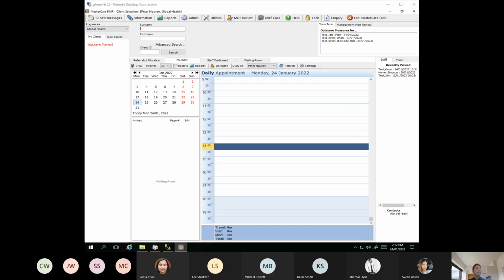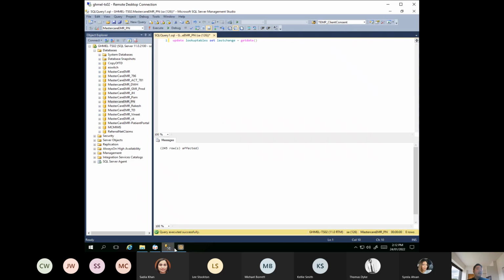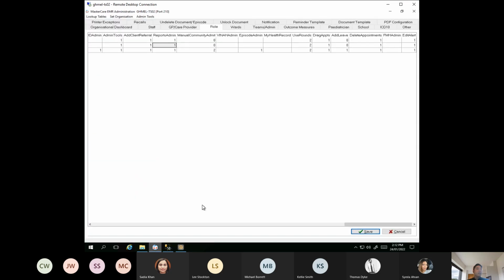So in session 1, I did talk about demographics. I did mention that there is a new role setting called Edit Alert, and you should be able to locate it under Admin Module, Admin Client Module, Role tab, and at the very end you should see Edit Alert. This one carries 2 values. 1 allows staff to add or edit an alert, and 0 allows staff to only view the added alerts,